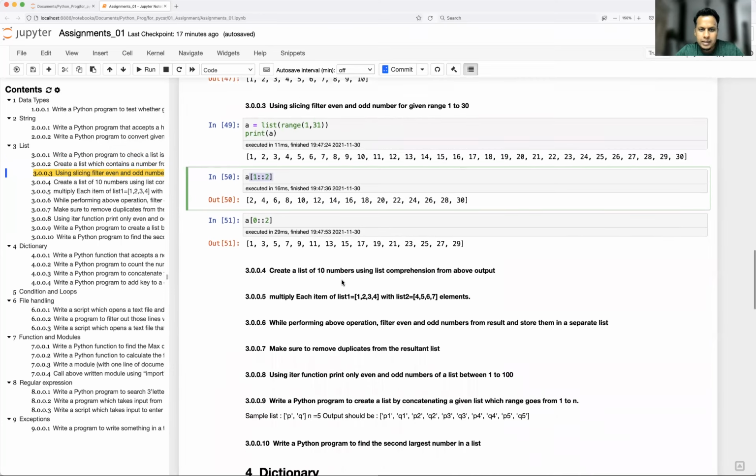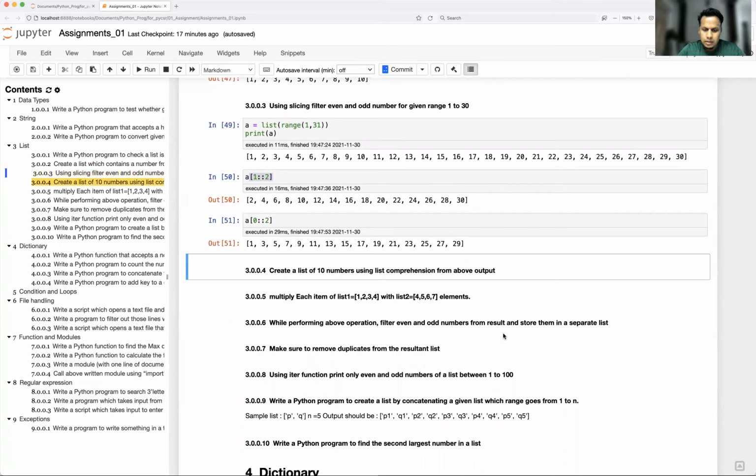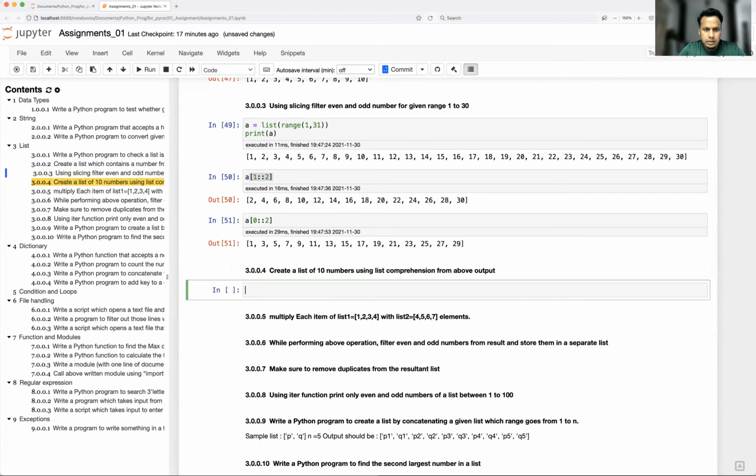Next: create a list of 10 numbers using list comprehension from the above output. I think this is very similar. So what I can do now, for i in range 1 to 31, print i.